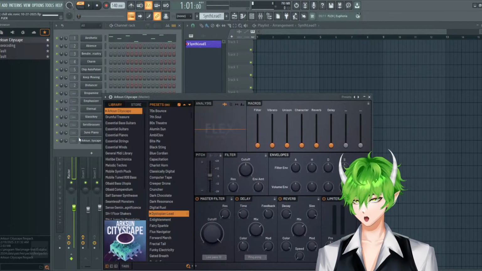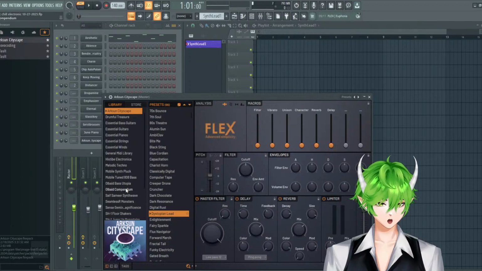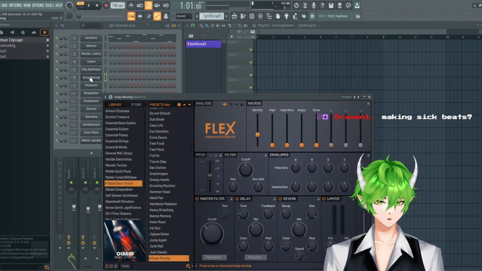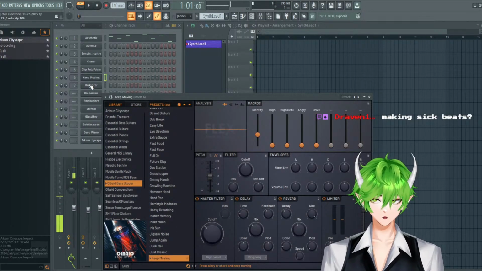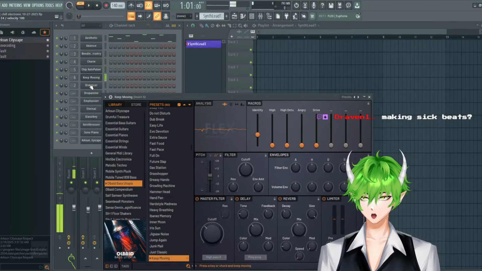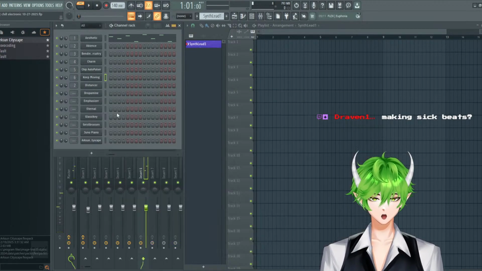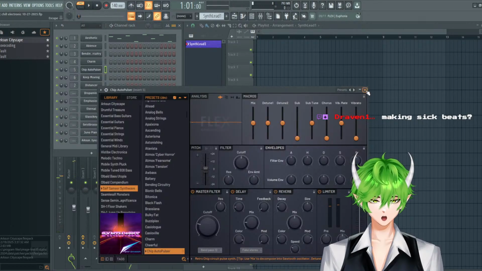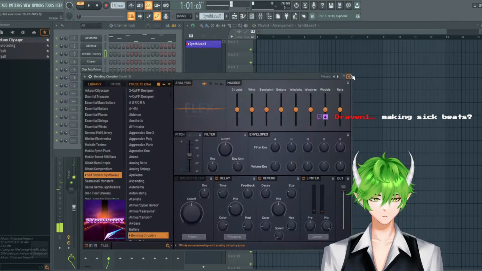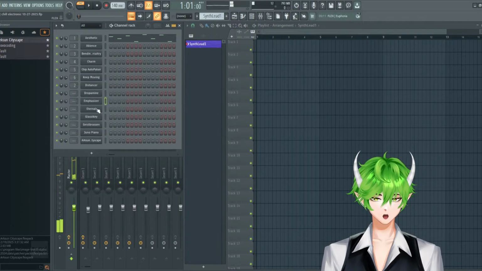I still think I'm missing bass aside from the drum kit. So, oh no, wait, was it this one? Making sick beats, making the attempt at it. Yeah, we're just kind of chilling though. We're just throwing spaghetti at a wall, so to speak, which is usually how I do things. Was it this one? No. I think I was thinking about using that for something, but